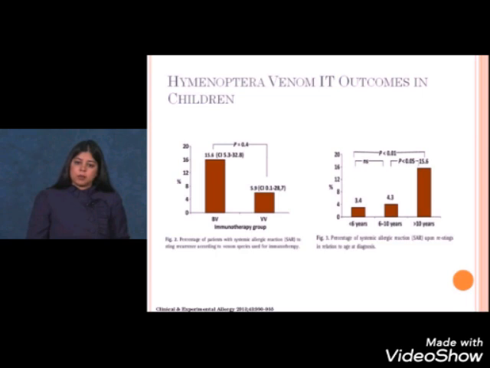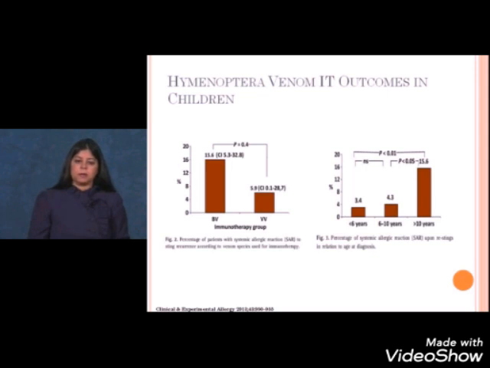Here, you're looking at the persistence of systemic allergic reaction upon restings in relation to age at diagnosis. So these patients are on immunotherapy. They get restung again since being on immunotherapy. And you can see here that the younger kids, less than 10 years of age, very rare to have an allergic reaction, a systemic allergic reaction. But the older kids have a higher likelihood of maybe having more of a systemic allergic reaction despite being on